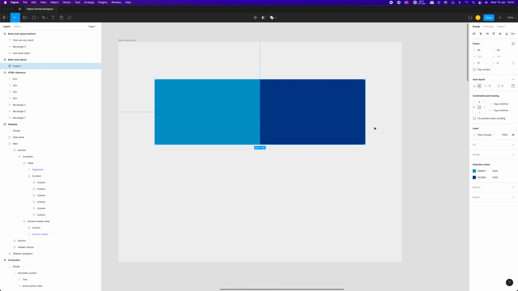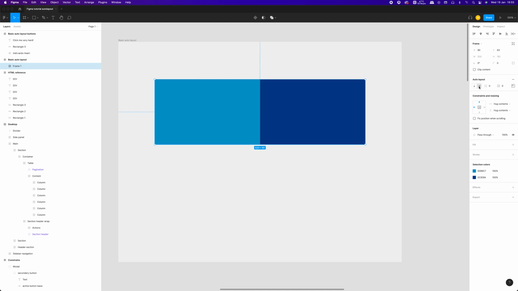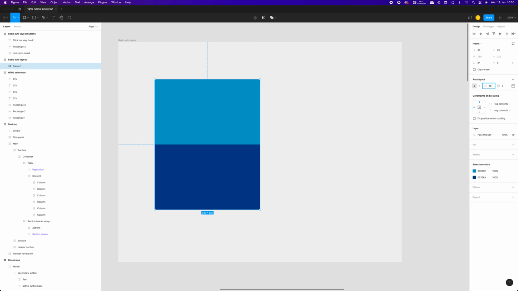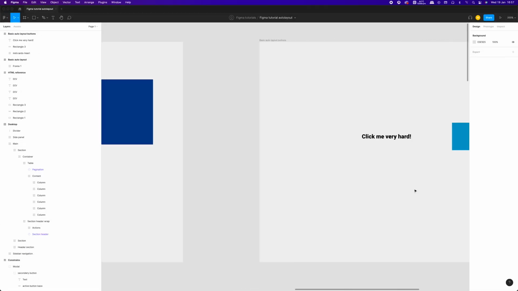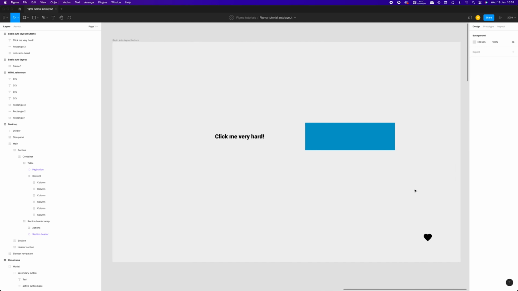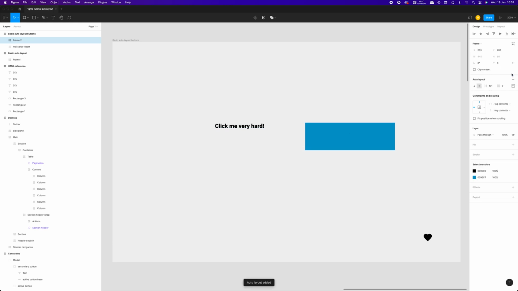In the properties panel, we can select how our layout will be stacked together, either horizontally or vertically. We can also adjust spacing between elements, padding and alignment. Let's move to the next example to better visualize how it works. As you can see, we have one text and one shape layer here. If we create an auto layout as they are right now, look what happens. Figma treated text and shape layers as separate blocks.